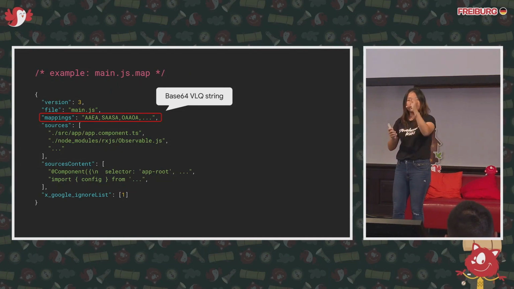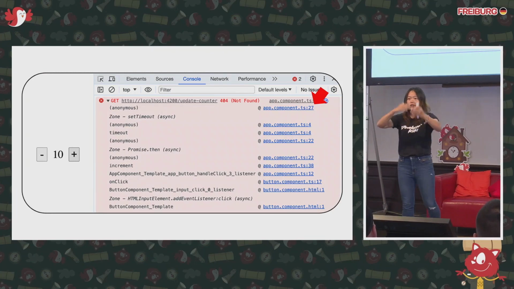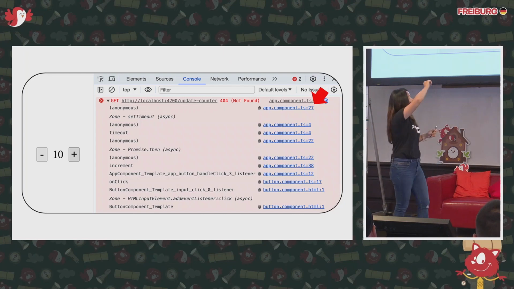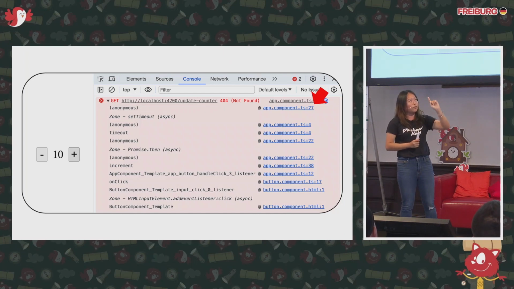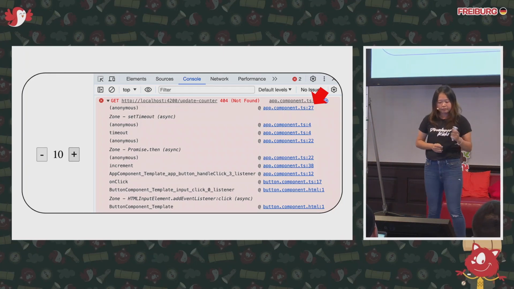It basically tells you how to map the position one-to-one to the actual file. Then DevTools use this information to reverse engineer the page, and when the code throws an error, we try to map it back: that means in your original file, the error is supposed to happen here. So this is how DevTools know.